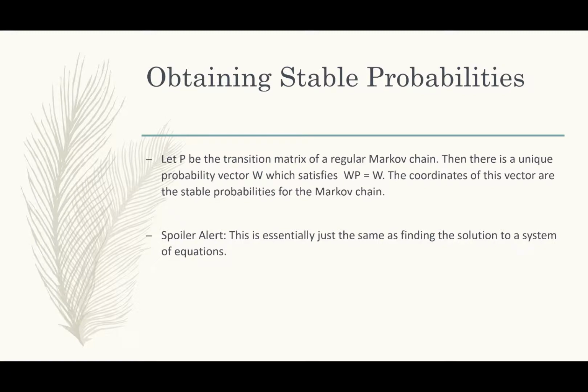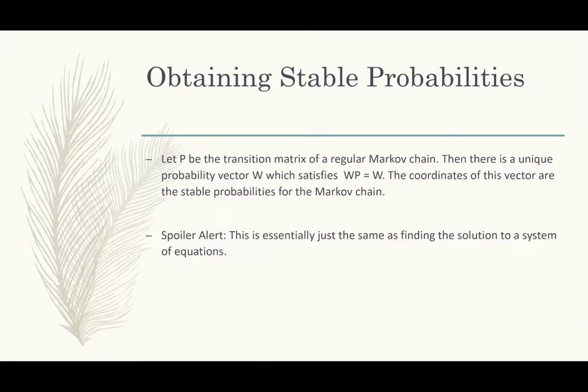So obtaining stable probabilities is actually really easy. There's a formula for it using systems of equations that we can do. I'll show you that, but that's not really how I'm going to answer it, because I know basically, as we just saw, if I take my matrix and raise it to a really, really large power, I will get to that